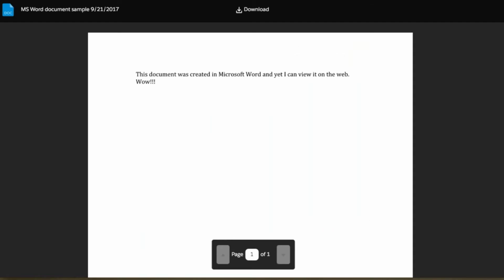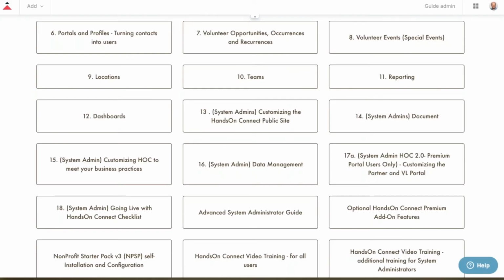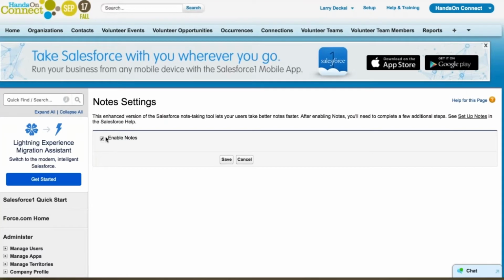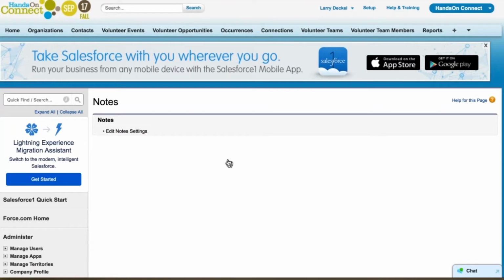We're going to go into Salesforce here, and I've gone to Setup, and I just typed in Notes. And if you go to Notes Settings, there's a little checkbox that says Enable Notes. And once you do that, it turns on the new note functionality in Salesforce. And once that's been enabled, what you want to do is go to